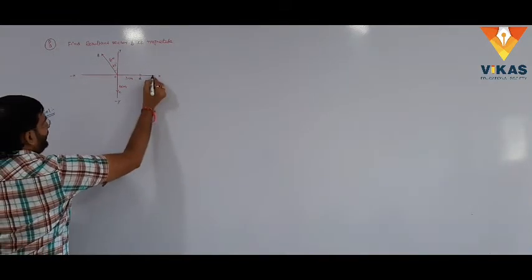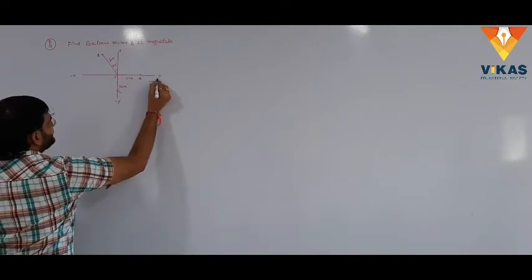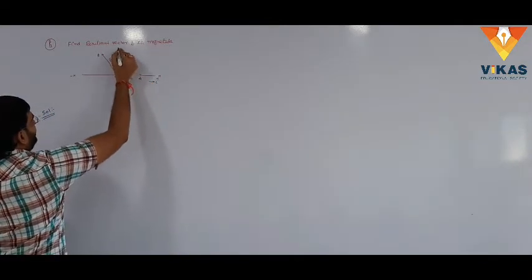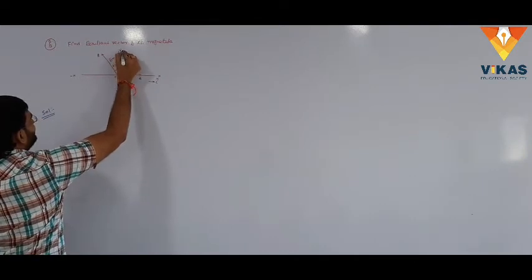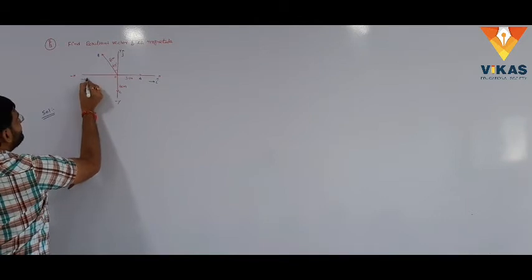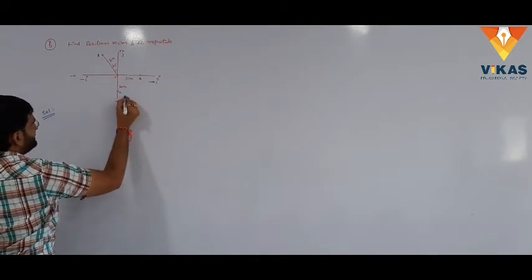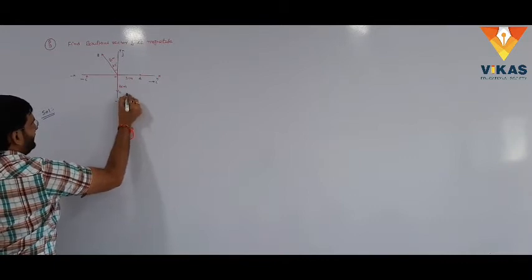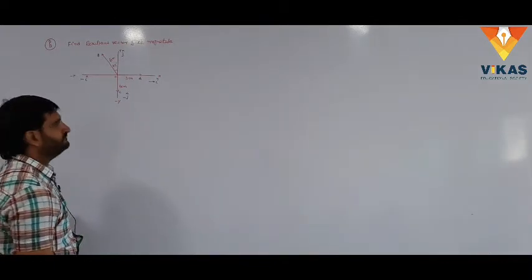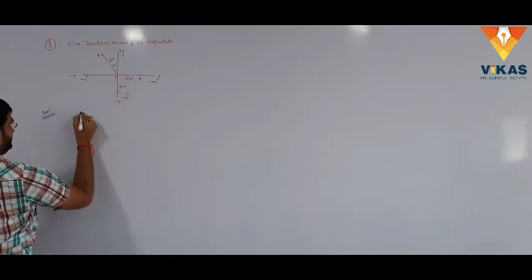Generally, according to the orthogonal vectors, the vector which lies along the x-axis is i cap. The vector which lies along the y-axis is j cap. The vector which lies along the negative x-axis is minus i cap. The vector which lies along the negative y-axis is minus j cap. Understood? The first one, how to calculate the OA bar.